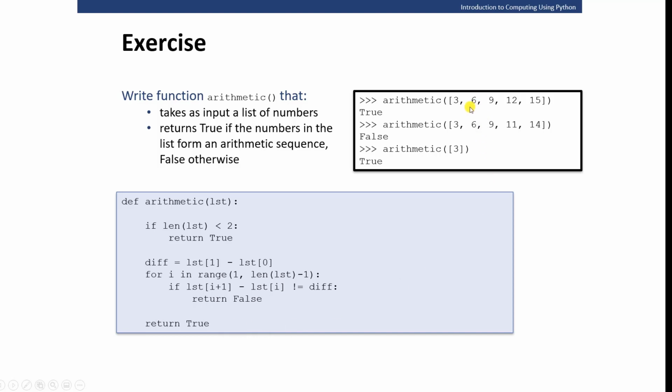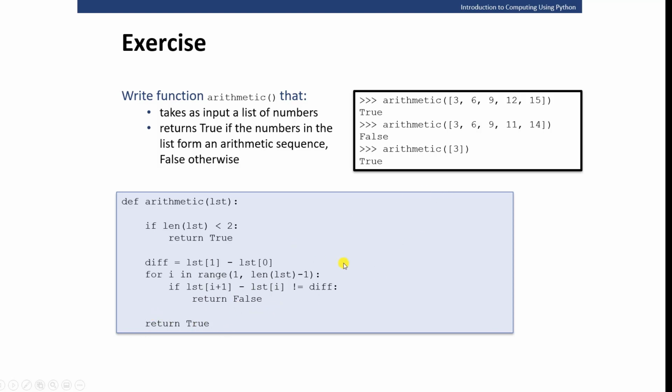So in this case, as we can see, the difference is determined by 3 because 6 minus 3. Then we're going to iterate over these two pairs: 10 minus 6, which is equal to 3. That's why we're going to skip the return false. And 12 minus 9 is 3, so we're going to skip the return false. And 15 minus 12 is equal to 3, and that's why we're going to skip the return false, and we're going to